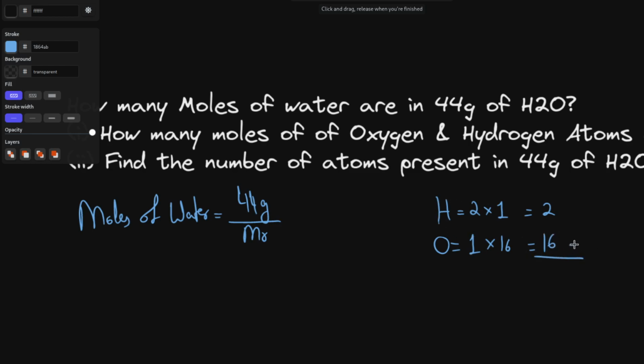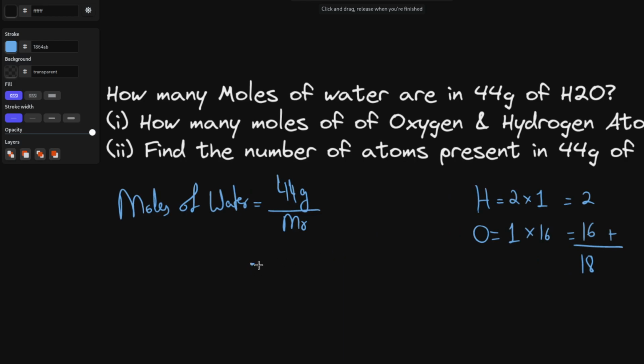In total we can get 18 atomic mass units of H2O. So now we will divide that with that and we will get the amount of moles, and the answer will be 2.44